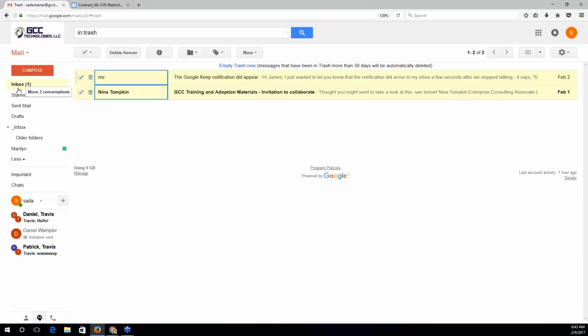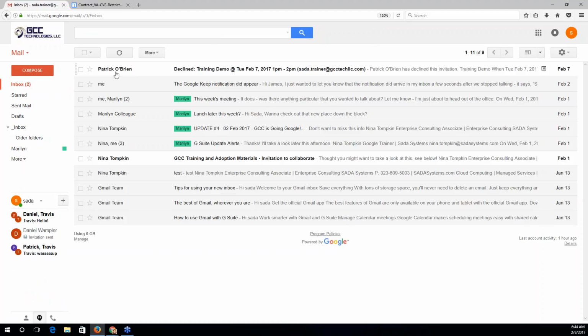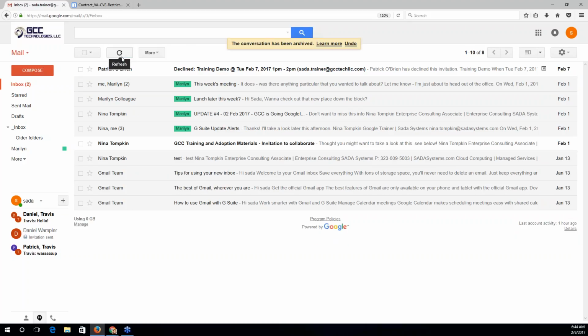So what Google recommends doing, instead of using trash, if you ever will need to use a message later, rather than risking it being deleted forever, that's a great use case for using archive. Because typically people want to delete messages so that their inbox is less cluttered. However, archiving will keep a hold of that message indefinitely, whereas the delete button will actually delete that message after a period of time.